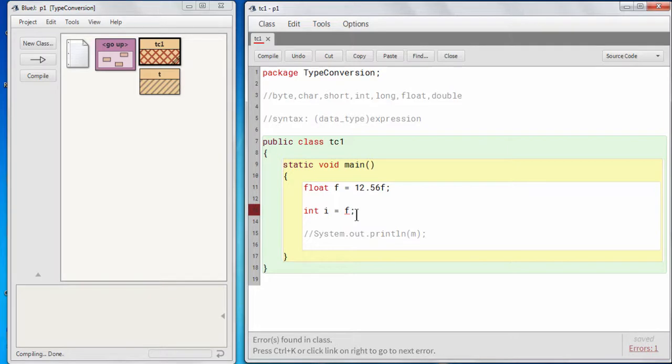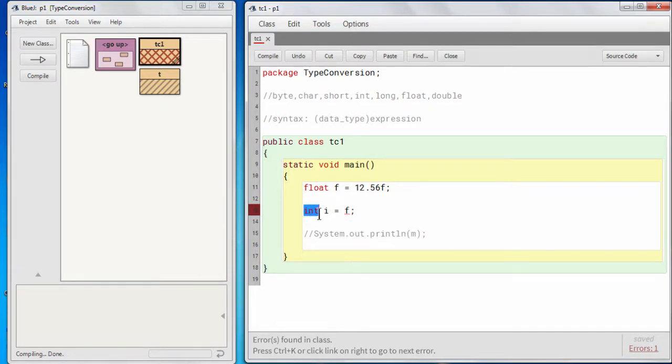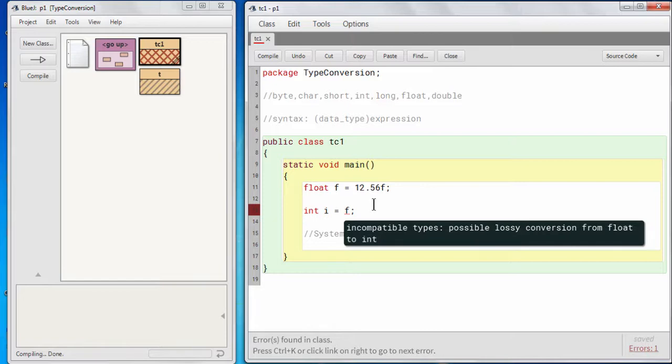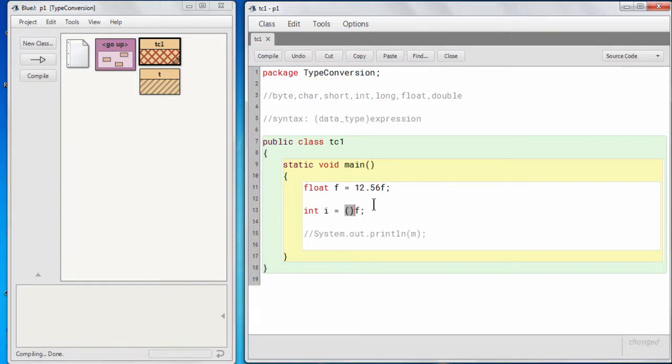So now what we can do is convert this particular float value which is stored in f into the required data type, and the required data type is int, right? So within a pair of parentheses, open parenthesis and close parenthesis, we have to write the target data type, okay. What is the target data type?